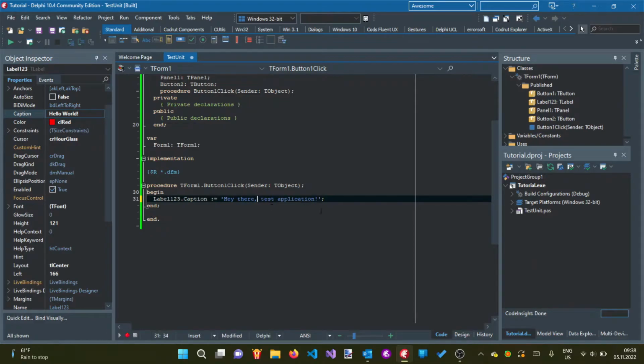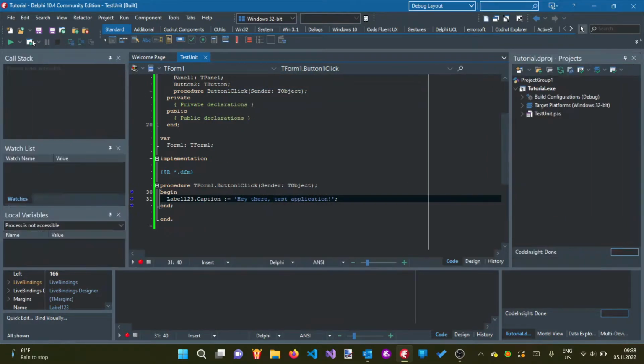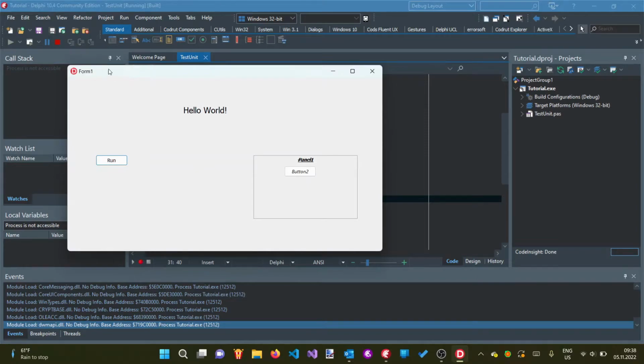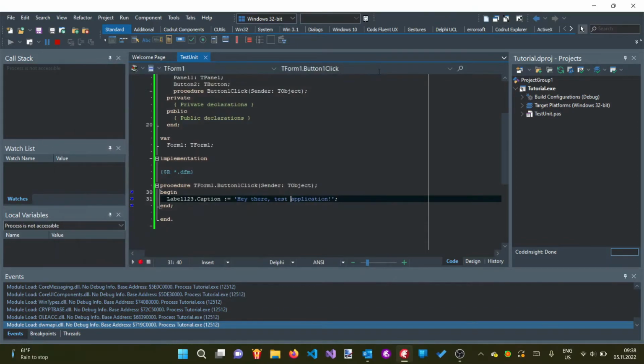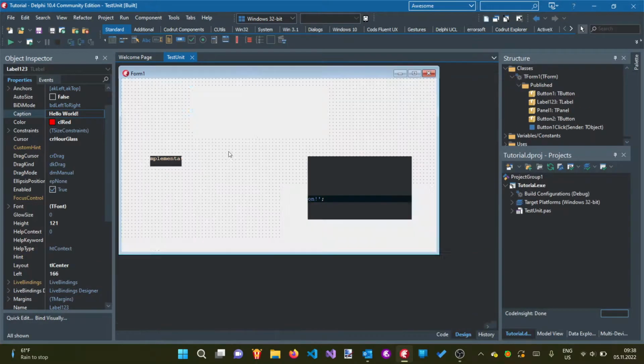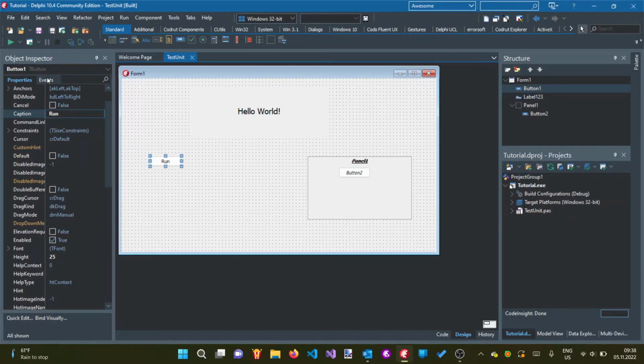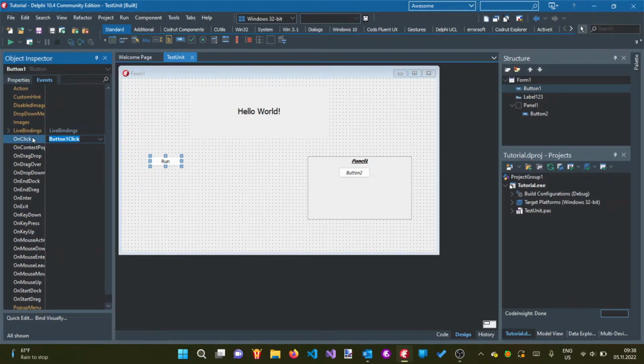Also, very important, these characters you cannot add in the text because it will basically mess up how the text is detected. So you have to be careful with how that works. So let's say I'm running the program, and now this button, when I click on it, it changes. Very nice. So now, if I select this button and go to events, you can see the on-click event now